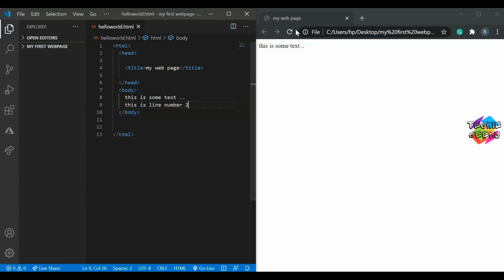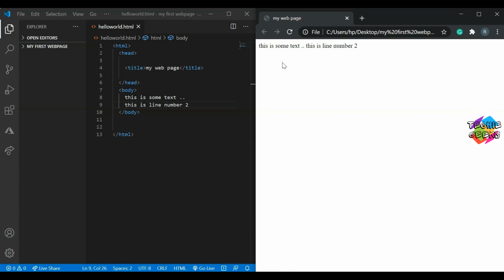Let's save this and reload it in the browser. No. The line breaks are there in our text editor, but they don't become new lines on the website itself. So we have to manually put new lines in our web pages. There are two ways of doing that, and I will show you both of them now.